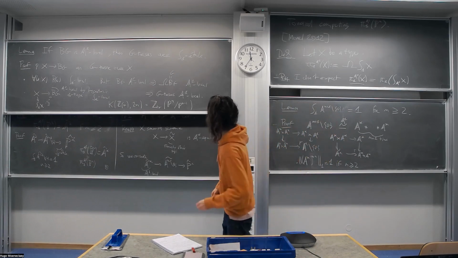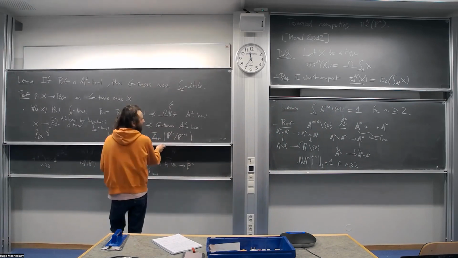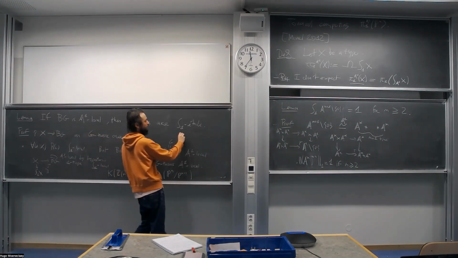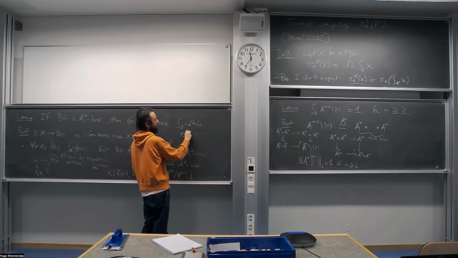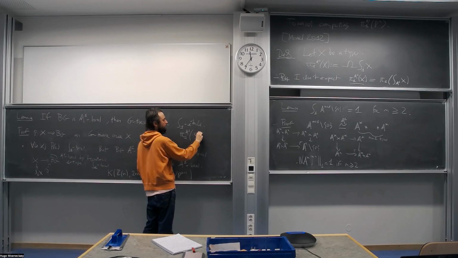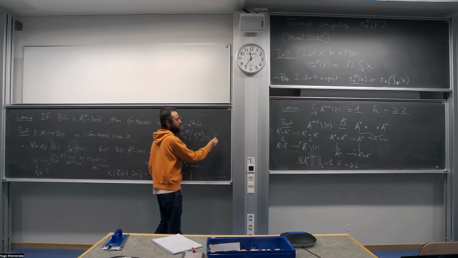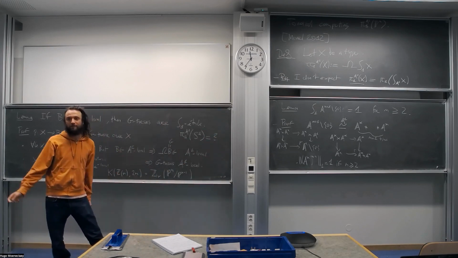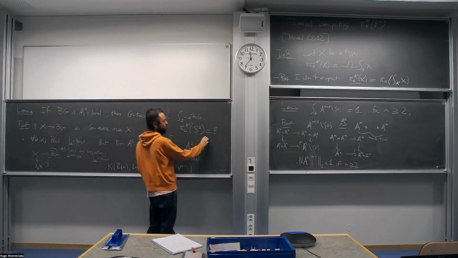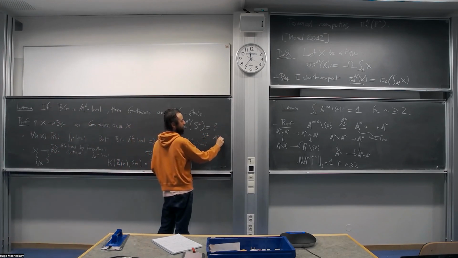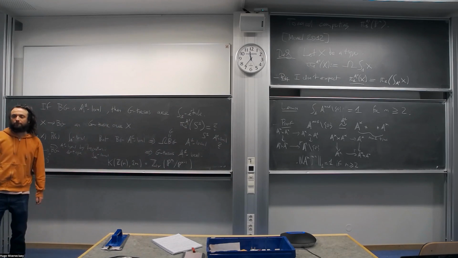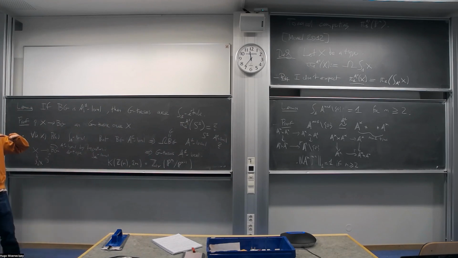By the way, I have a question, and to my shame, I don't know how to answer. Let's look at P1 A1 of S1. What is this thing? I would really expect it to be easy, but to prove this, I would need S1 to be A1-local, and this I don't know. When you try to prove this, you have a Z-torsor over A1, you want to prove that it is trivial, and I don't know how to do this.